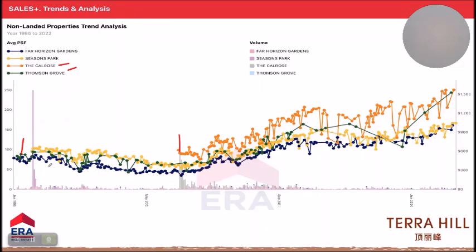yellow one. They will bring up the price of the Thompson Grove. Correct. You can see they bring up the price. Then after that, the launch at 2007, which is the Carols. The developer bought the land higher, then plus the development charge, then confirm must sell higher. Correct. No choice. So that's why you see the per square foot is much higher than the rest of the